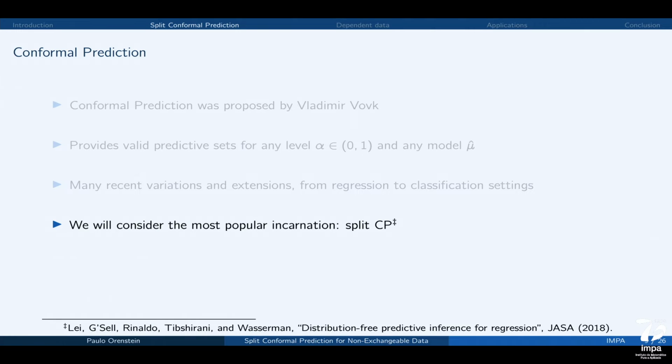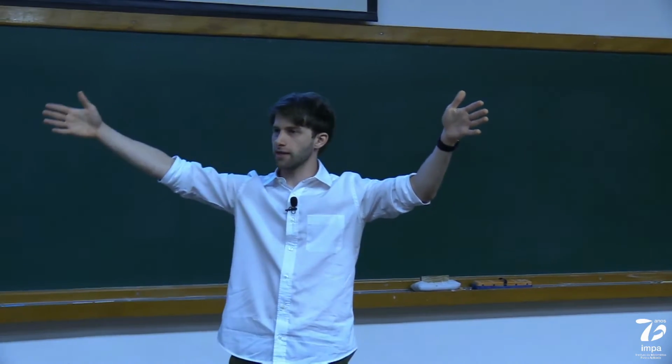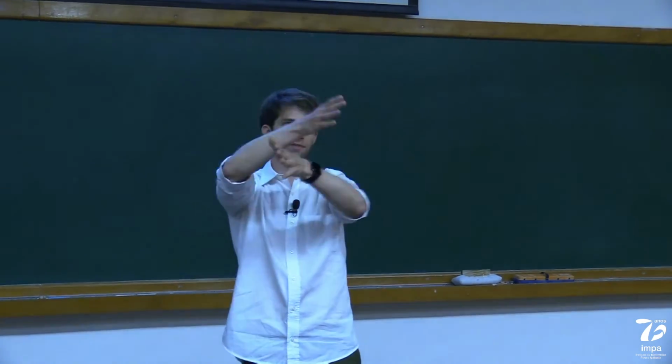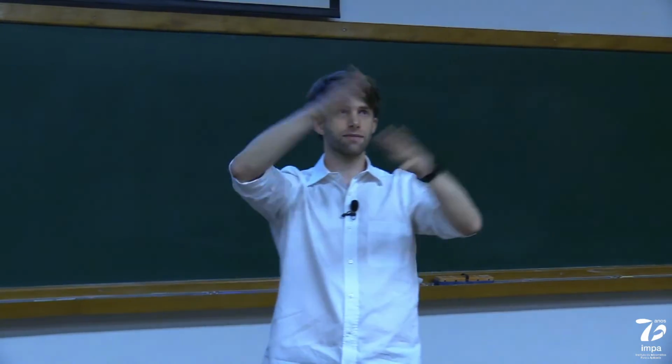And this idea has lots of different incarnations. There's this fundamental idea. You could use it in many ways. We're going to look at one called split conformal prediction. And the word split will come into play soon enough. And this works pretty generally with one basic assumption. As I've mentioned, we need the data to be exchangeable. So this is implied by IID. But what I mean by exchangeable data is that if you get your x1, y1, x2, y2, x3, y3, and so on, up to xn, yn, the order in which they appear doesn't really matter. So they are exchangeable in this sense. So you can think of it as the CDF of your data is just symmetric in the arguments.